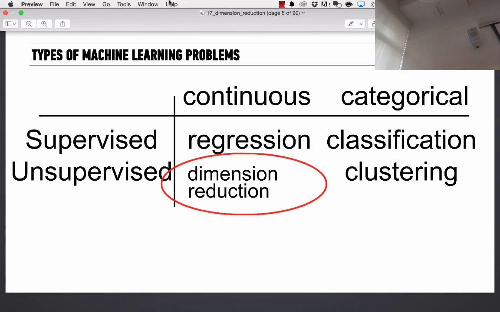Dimension reduction is generally thought of as the hardest of the four. Why? Well, people generally refer to unsupervised being harder than supervised in general. Because supervised, hey, at least you have something to aspire to. At least you have a response that you can say, well, at the end of the day, if I got the response, I'm on the right track. At least you can say that for supervised. We already know you can't say that for unsupervised.